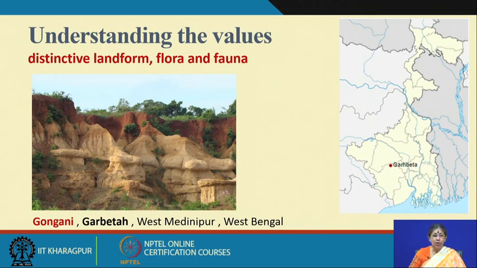And what we have to understand is that this is beautiful to look at, but not only that, it is actually a particular type of geographical formation. It is near a place called Garbita, a town which also has importance for its other historical associations, which we will talk about later on. But one must understand that this is also very significant. It has value not only for scenic reasons, but it needs to be preserved, because if you do not understand this value and significance, it may eventually get destroyed.